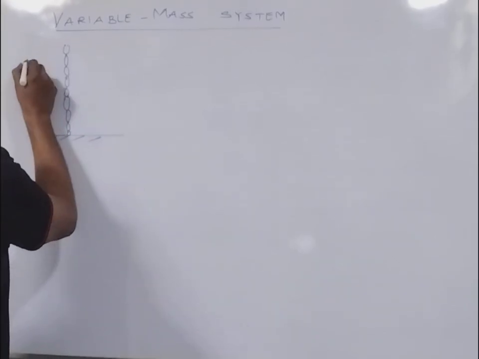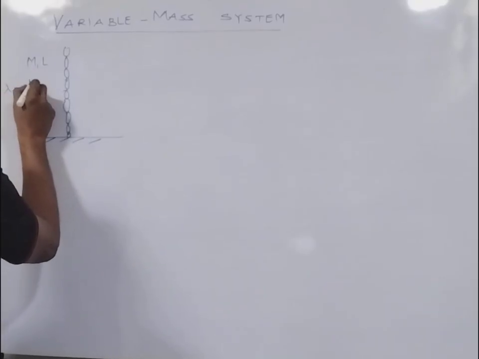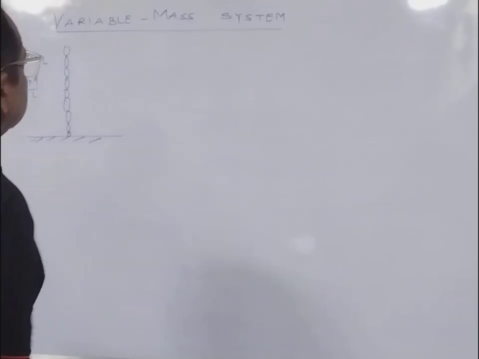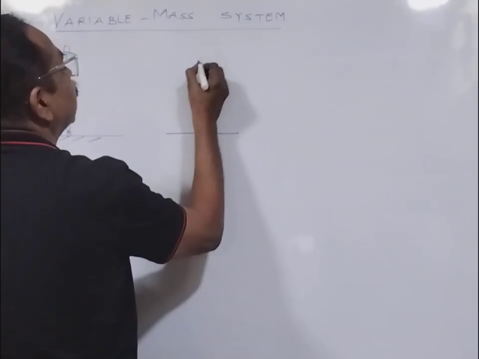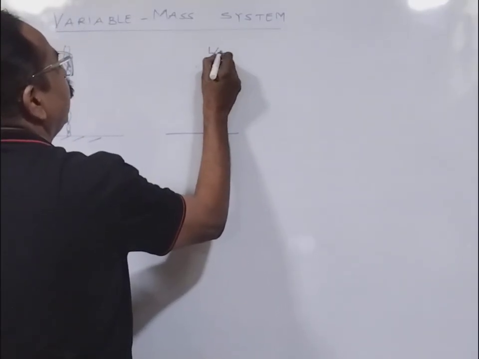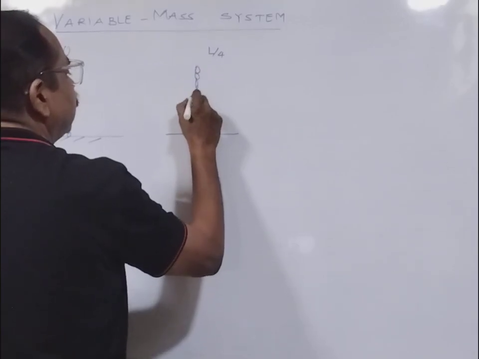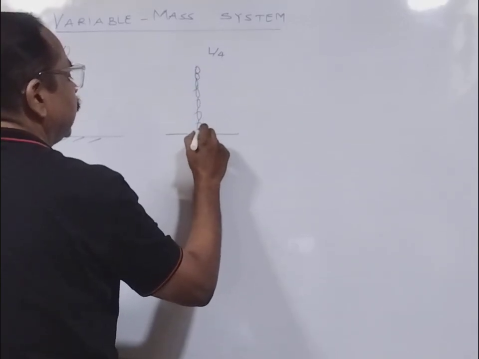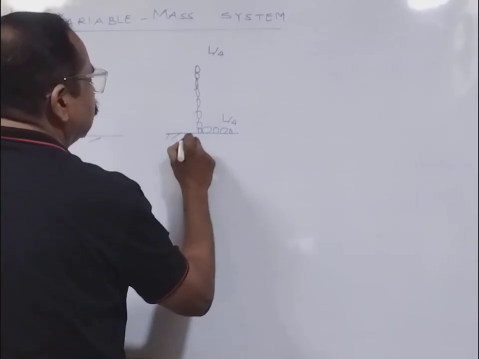Mass M and length L, so mass per unit length will be M by L. Now it is released. The question is asking, when it is released up to L by 4 distance, so that L by 4 of it will be lying down on the ground,